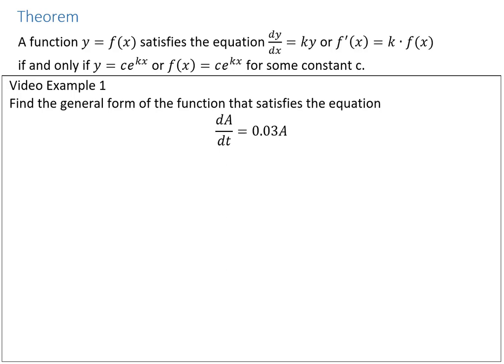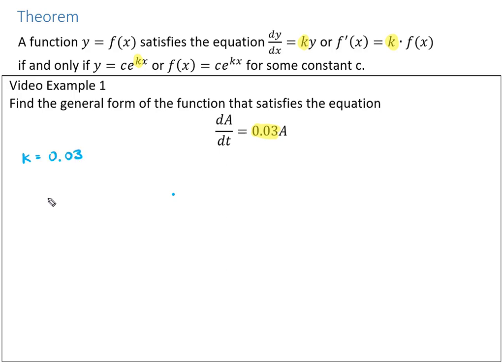Find the general form of the function that satisfies the equation dA/dt is equal to 0.03a. And so notice that we have this multiplier in front of our function. That's the part of this multiplier, k. And so we know what the k value is. That's going to become this value here. And the rest of it is set for us. So we know that k is equal to